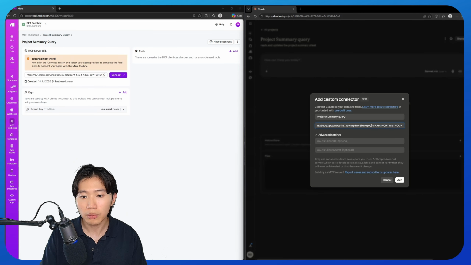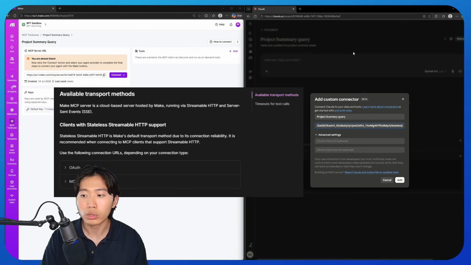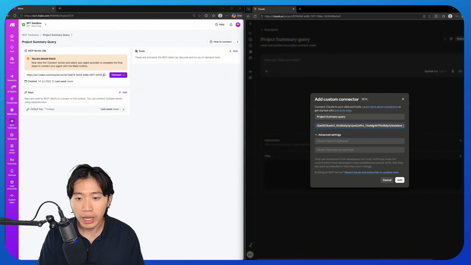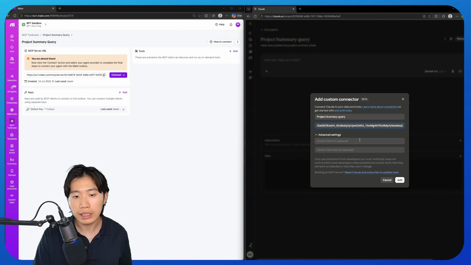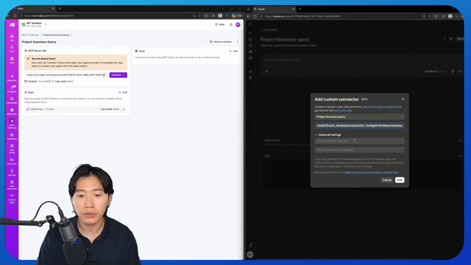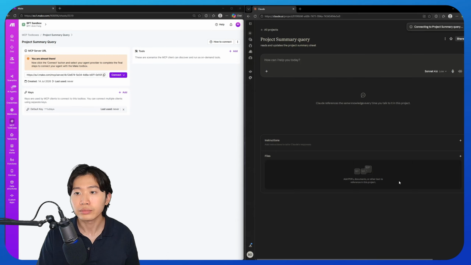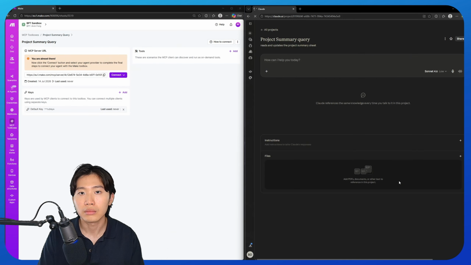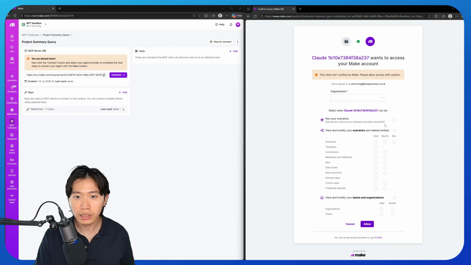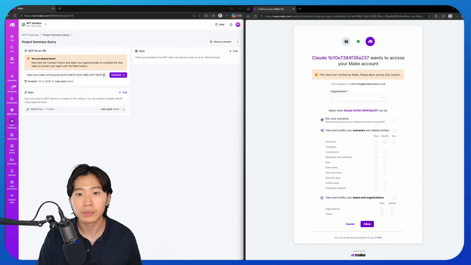And for the transport method, it's recommended by Make to go stateless. And this is recommended due to its connection's reliability. So now that we have the MCP URL over here nicely completed, I am going to leave the two optional fields blank, and I'm just going to click Add to set up the connection. And as you can see here, it nicely reads the URL